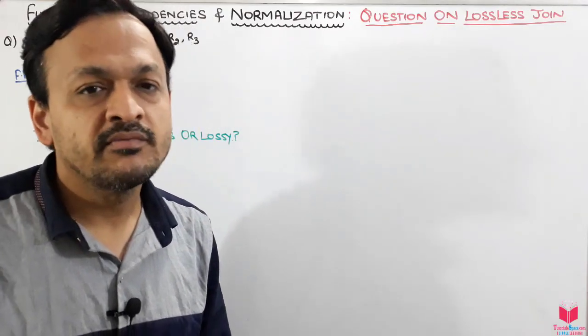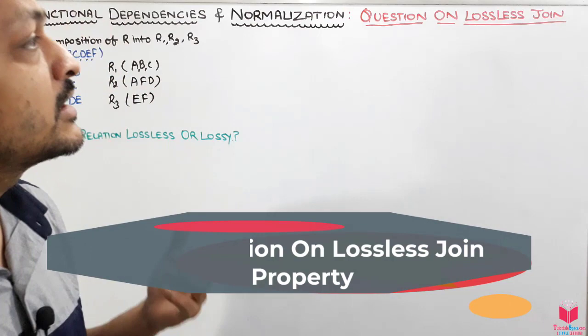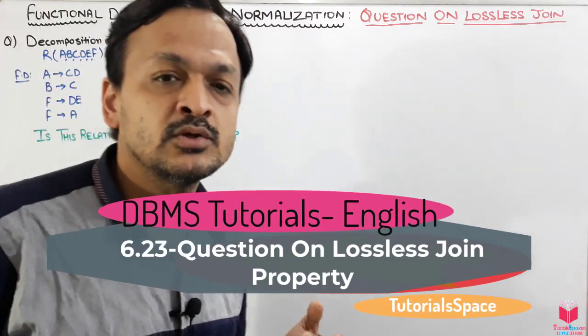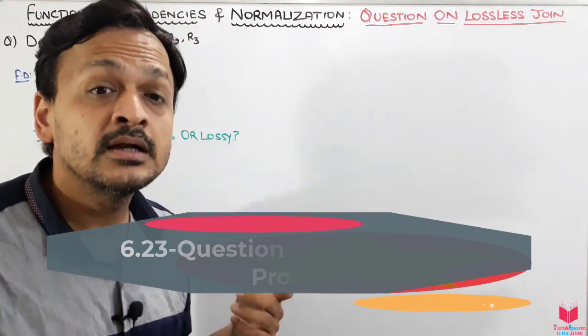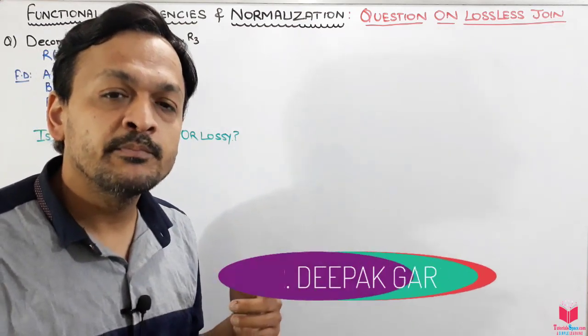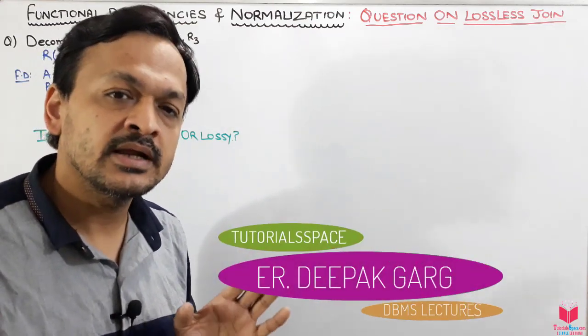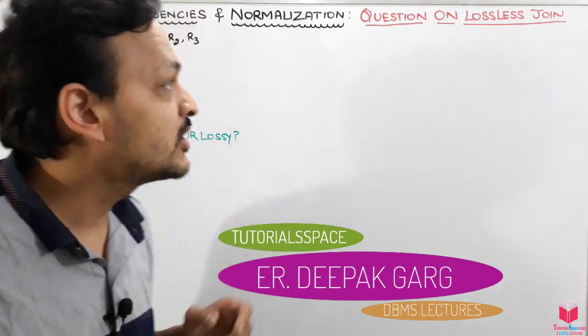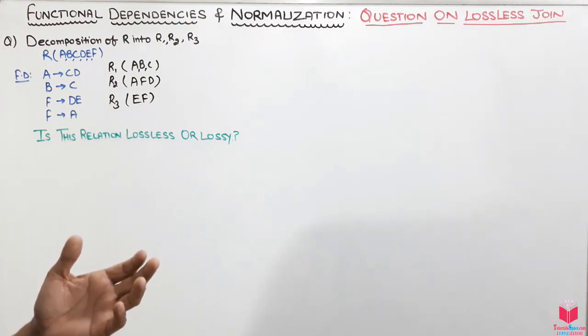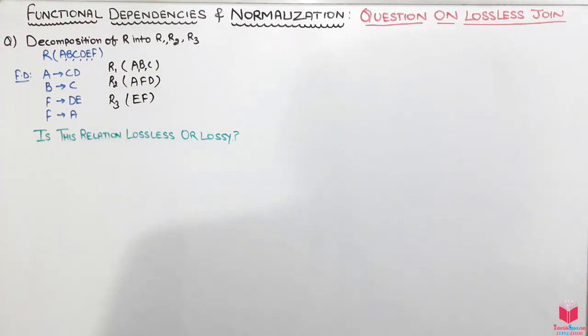Hello guys, today we will discuss a question regarding the lossless join. We have already discussed the lossless join in the previous section, where we have seen that if we find the natural join of all decomposed relations, then we should get all the original relations with equal or fewer tuples. Now we have an alternative, which we discussed in the previous session, the three conditions. On those conditions we will take an example.